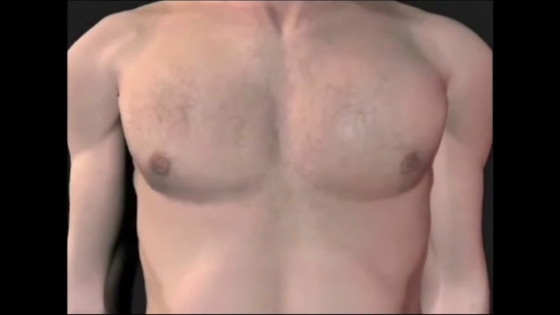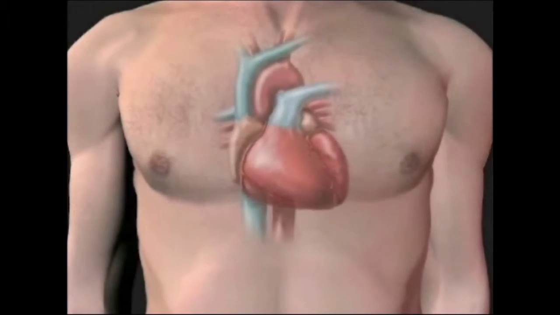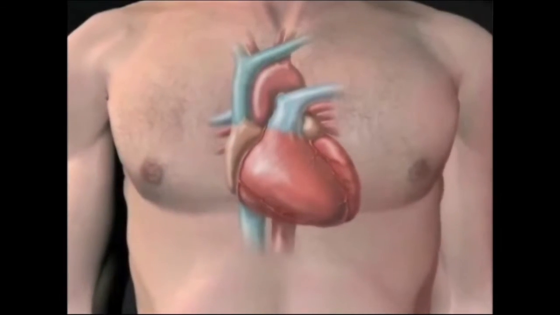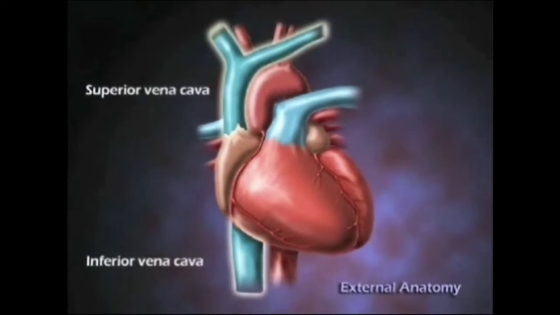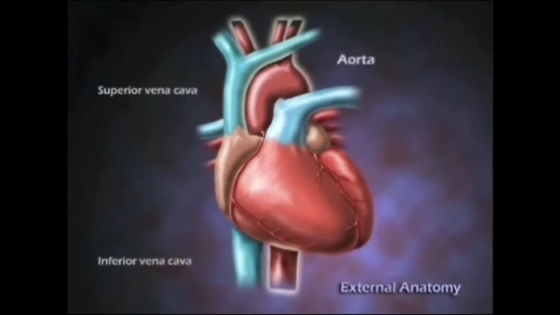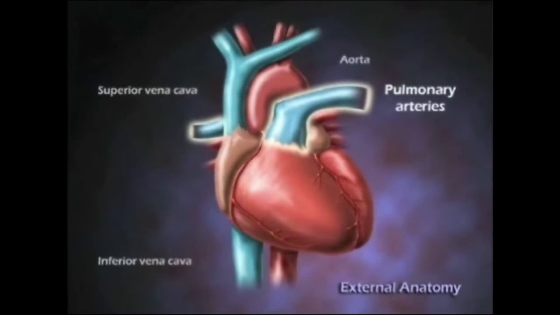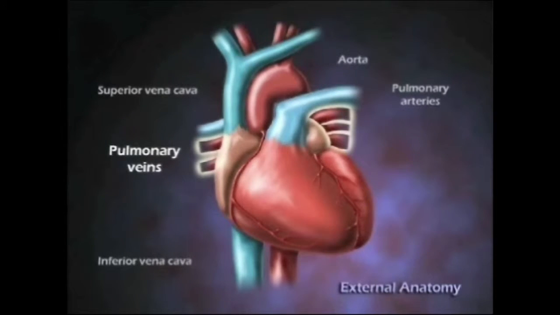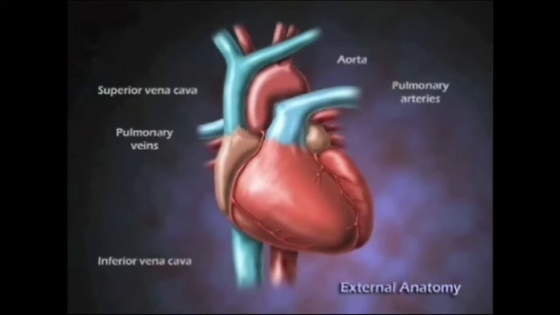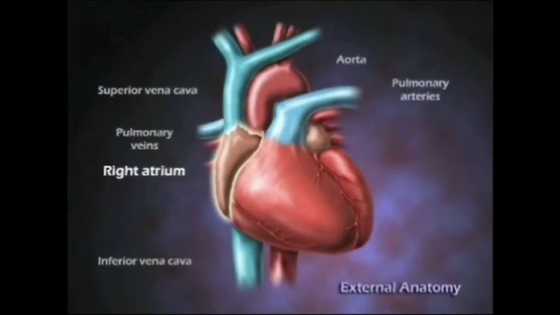The centerpiece of the cardiovascular system is the heart, and the major blood vessels that circulate oxygen and nutrients throughout the body. The external anatomy of the heart is comprised of the great vessels, including the superior vena cava, the inferior vena cava, the aorta, the pulmonary arteries, and the pulmonary veins. There are 4 chambers of the normal heart, consisting of the right atrium,